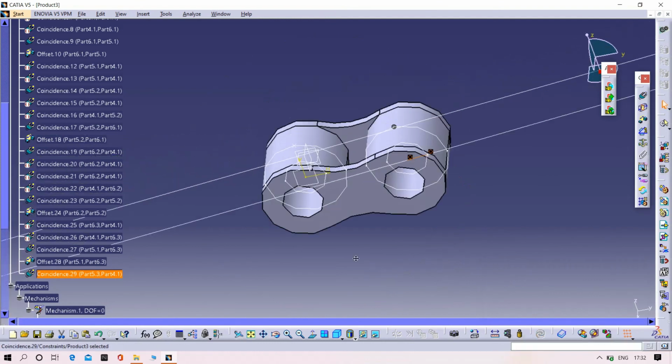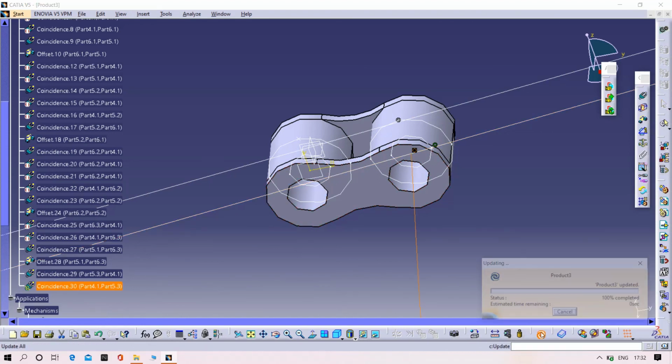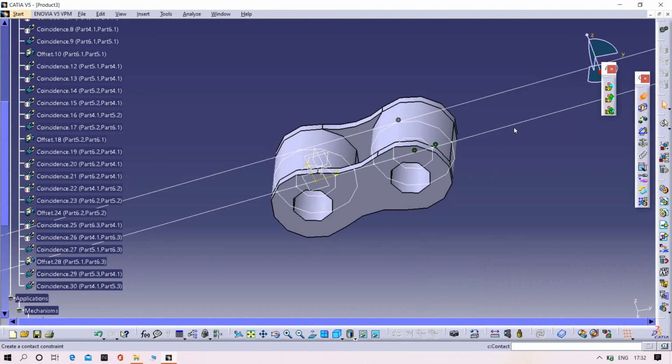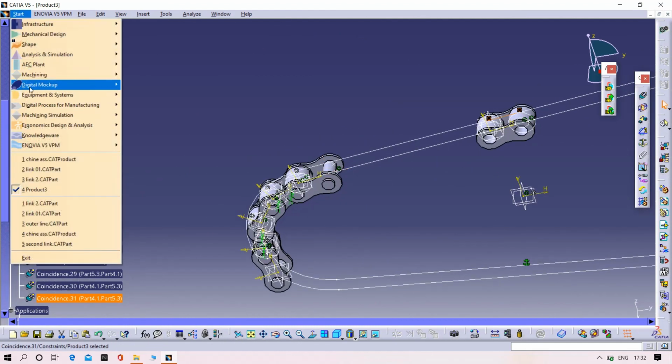Yeah, same again, coincident tool, curve and point, then apply. Make it sure again, curve and point, apply.